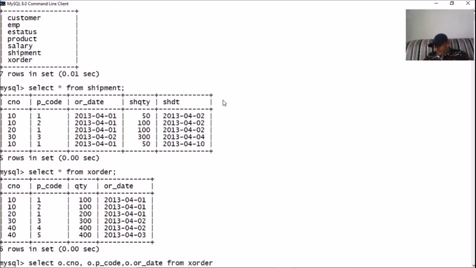From X order, comma, S dot shqty, comma, S dot shdt from X order.